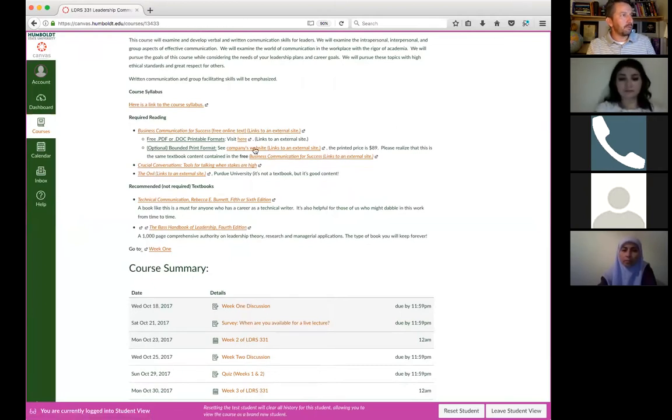I put this optional version on because I know some people, like myself, might splurge. Now, I use this every time I teach the course, so it's nice to have an actual book as opposed to a PDF, and that's why I bought that. But I don't know how much it is, maybe $30. If you can save that money by just using the PDF, you're probably better off doing that. So that's why that's there. I try to push you to the free version, as you can see. That's why this is all there.